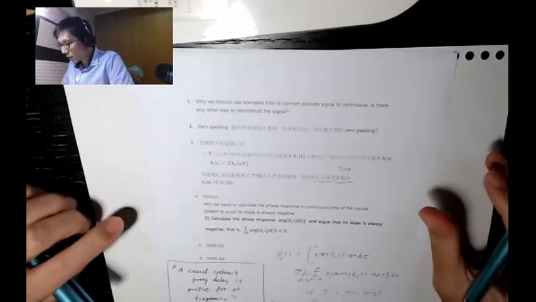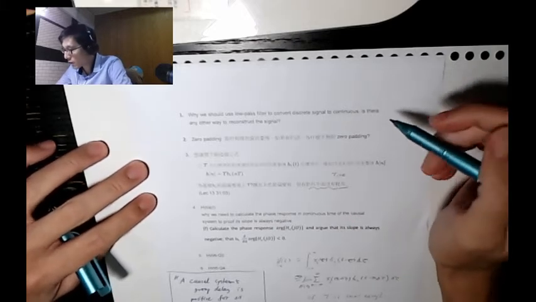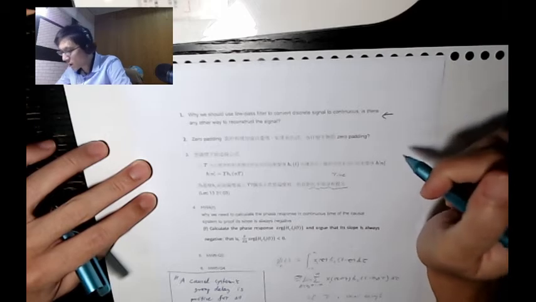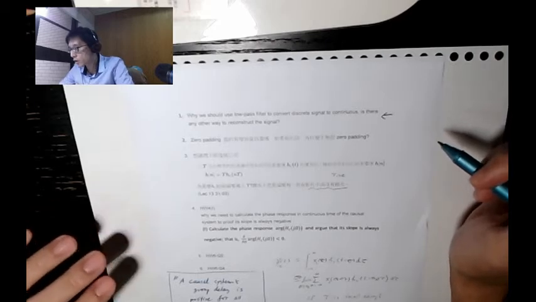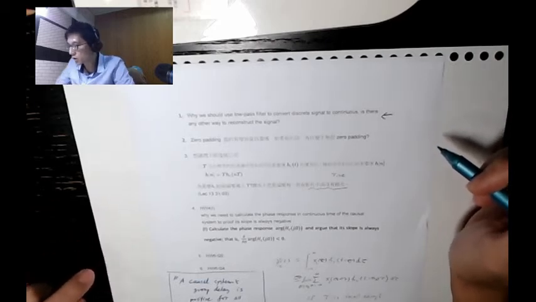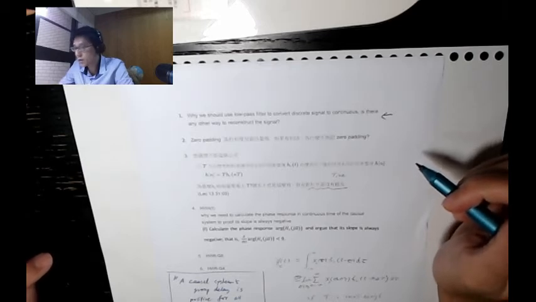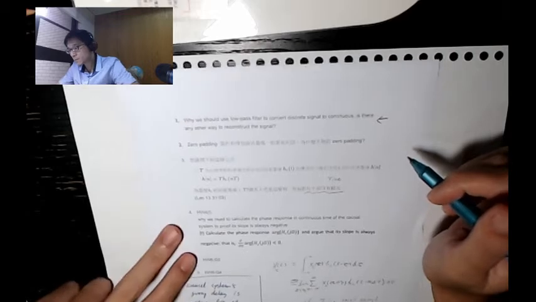The first question, so let me go over this first. I will just read it. Why should we use a low-pass filter to convert a discrete signal to continuous? Is there any other way to reconstruct the signal? Okay, so I think this is a good question. So let me try